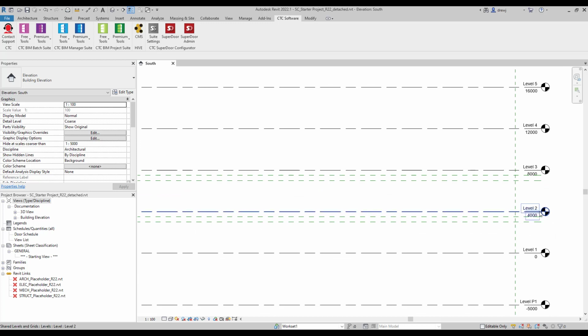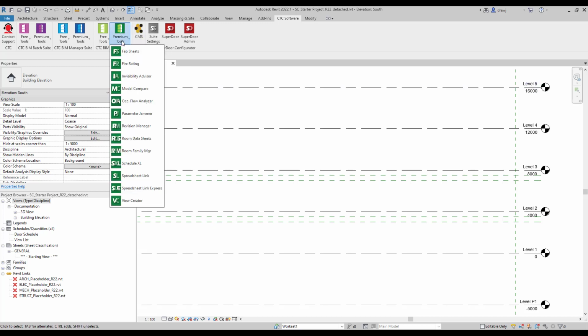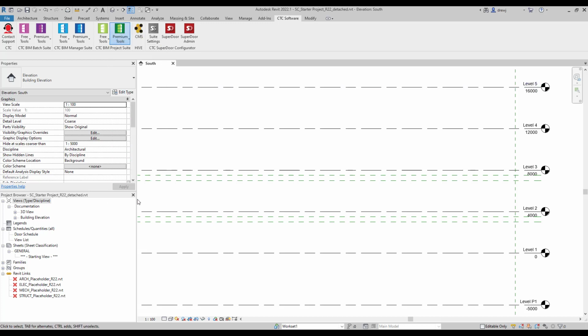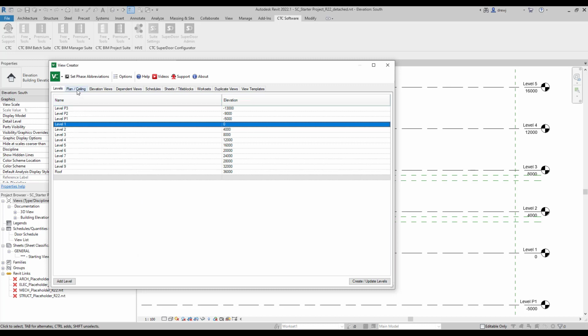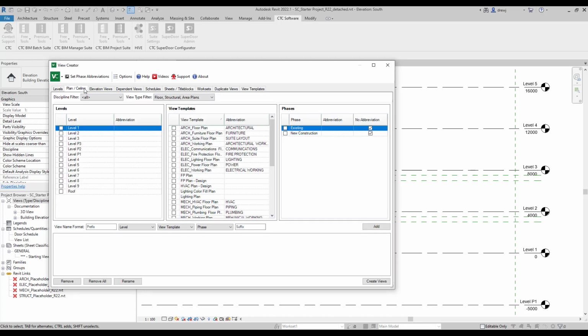The annotation for it doesn't have the blue hyperlink on it. So in order to create the views, go back into the tools here, into the View Creator, and I'm going to take a look at the Plan Ceiling tools. Now, what it shows me are the levels in the project. It then shows me the view templates that I've created, and as well it has the phasing. So I'm going to pick